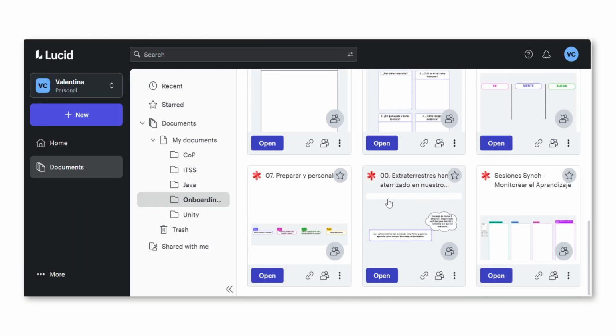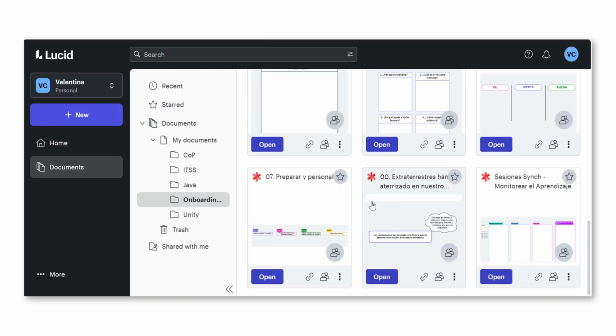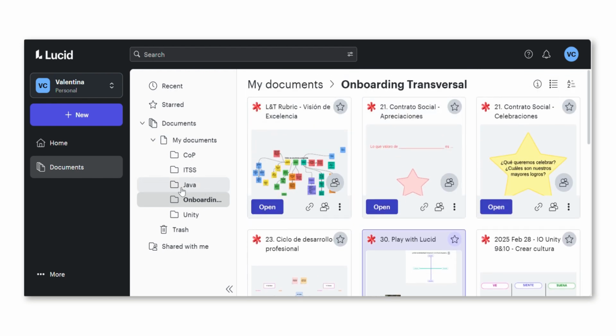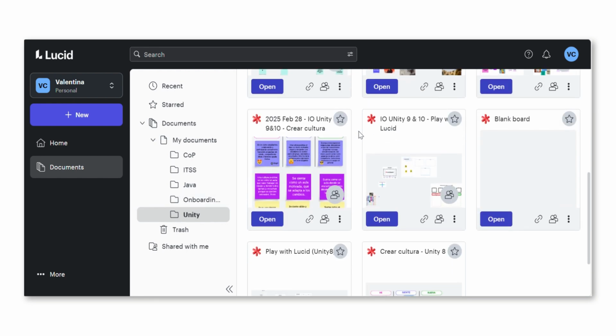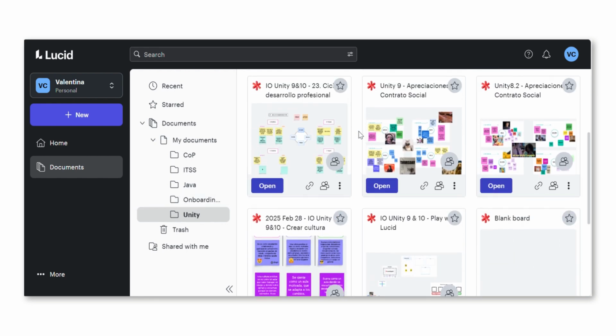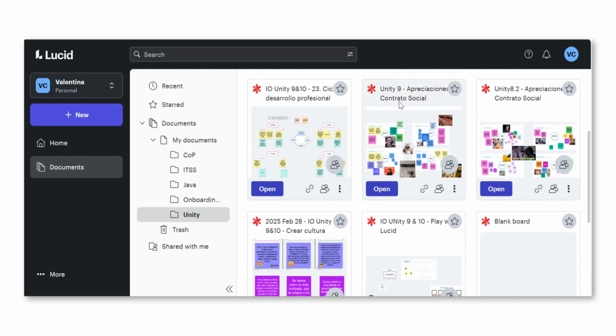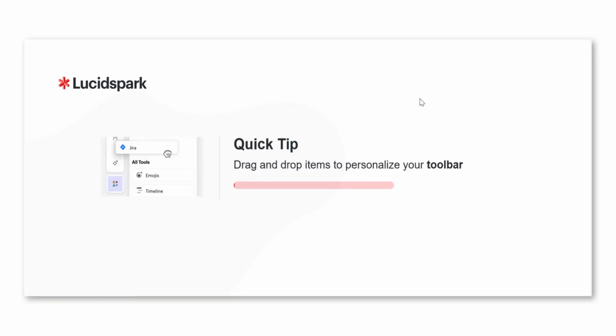So I do have a bunch of templates, as you can see, but I would like to show you the specific ones that we've been using for different upskillings. I'm going to start with one that I talked to you about, which is appreciations. So over here, you can see